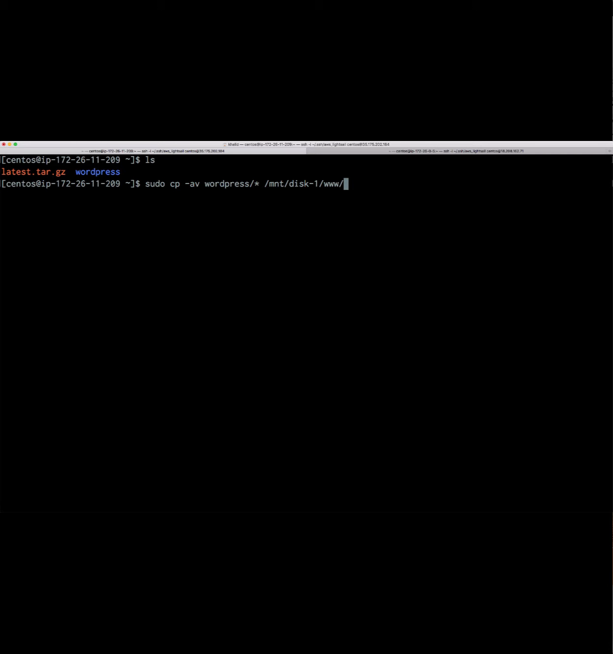So the issue with this right now is the directory ownership still belongs to CentOS, but remember, the Apache web server runs as the apache user and the apache group, so we definitely need to change that. Okay, but before that, I want to create a directory for